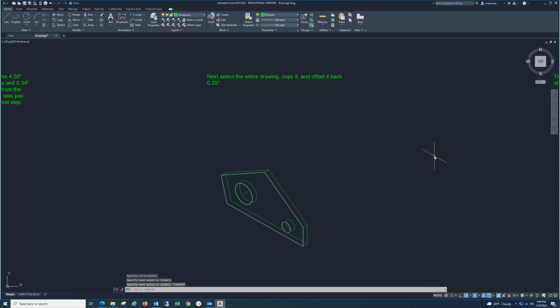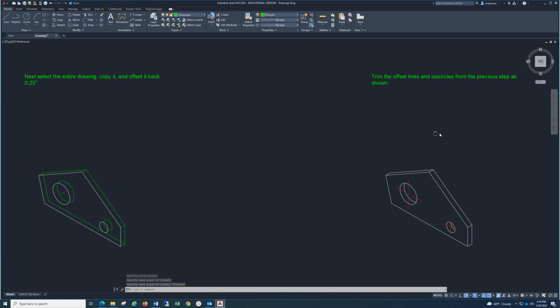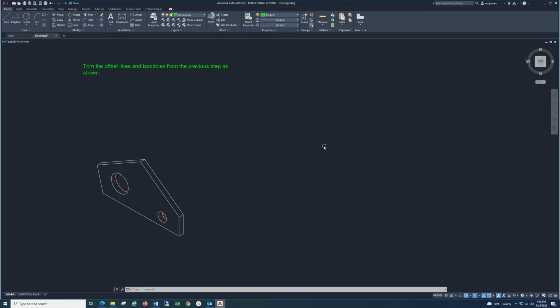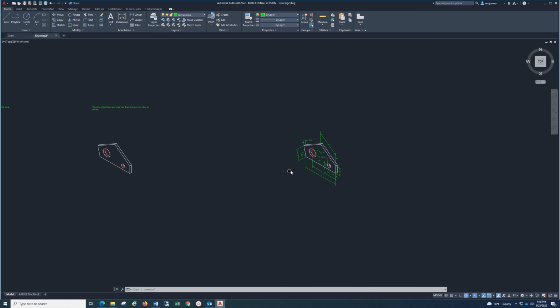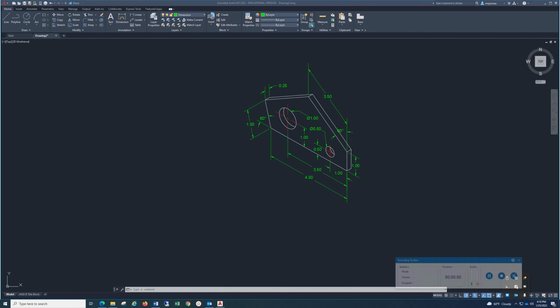Okay? Now for the circle, you're going to use an offset command of 1. So you would go here, type in 1, select this line, and move it over to here. And then you could also choose the bottom line and offset it up 1 and have a crosshair, and then